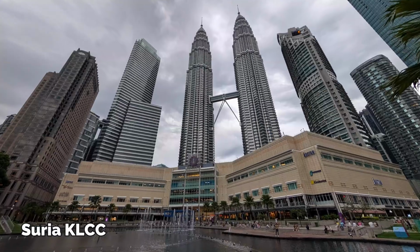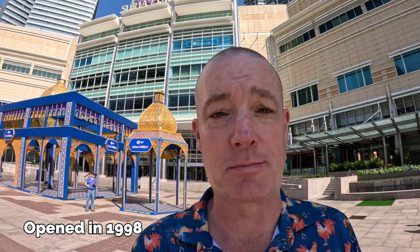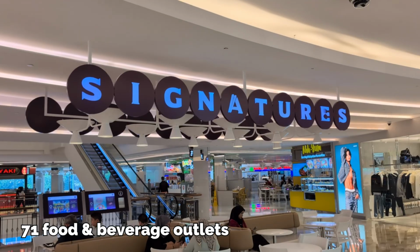So if you're staying up in KLCC or you're just visiting the Petronas Towers, you should check out the mall behind me, which is the Suria Mall, which is attached to the towers. Absolutely fantastic place, and it's more than just a mall. They have a discovery center, some amusements for the kids, a theater, a massive food court, and not like the